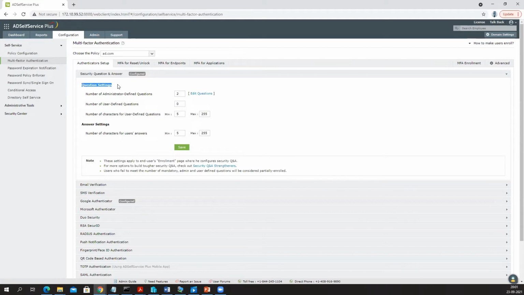Enrollment means the users are required to log into ADSelfService Plus by giving their domain username and password, and they will have to configure the security questions and answers. That is what you call enrollment, which is a must for the users. Otherwise, they cannot access it for resetting the password. For that to happen, what we have is